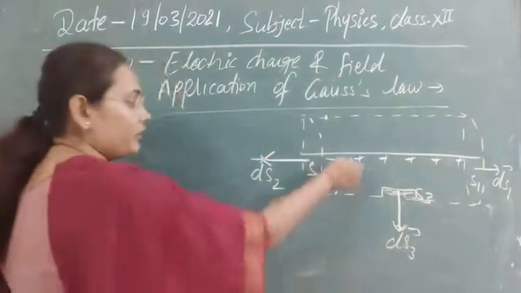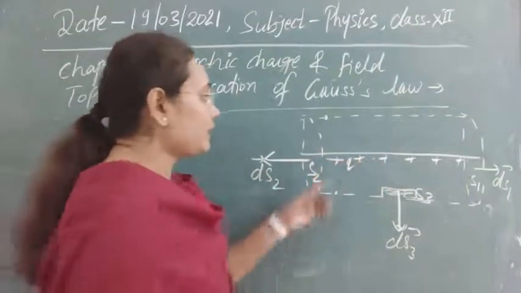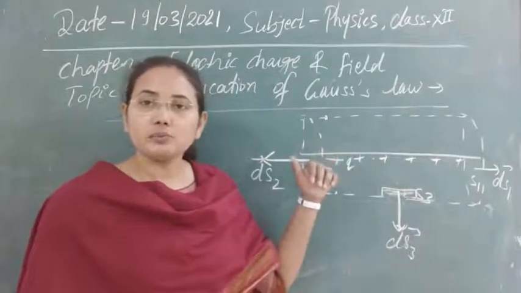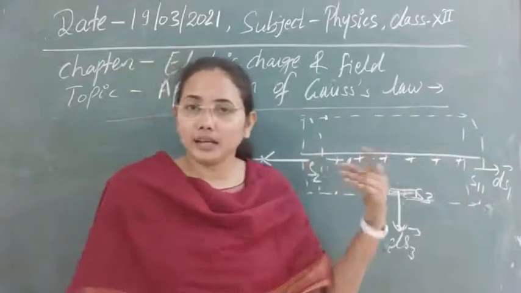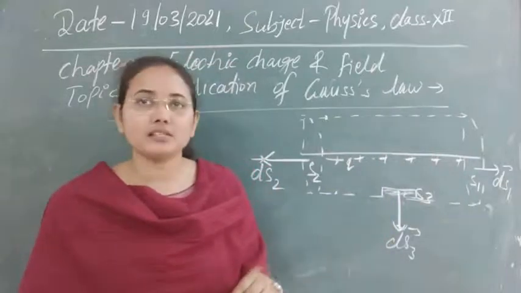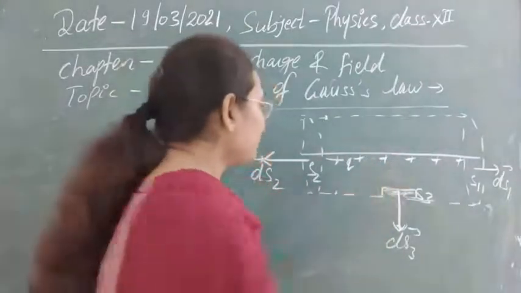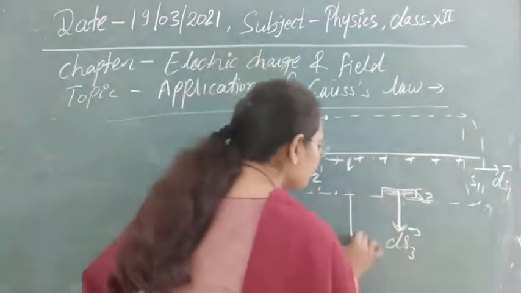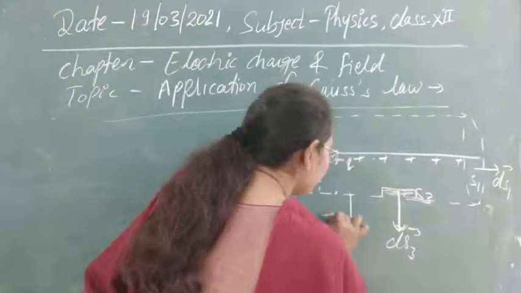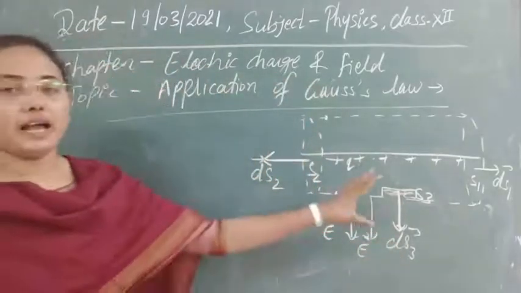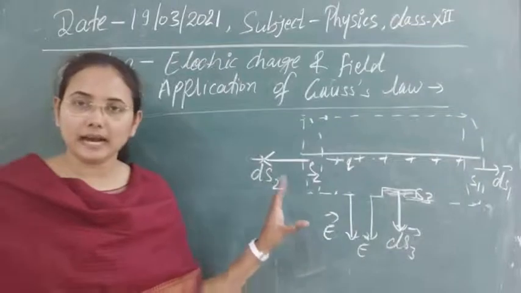Obviously, positive charge is spread over the whole conducting wire, so the direction of the electric field lines will be outward, as we have discussed already. Suppose the electric field direction is outward in this way. Now we have seen all the things that we need here.